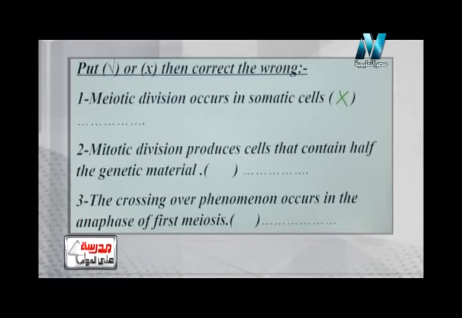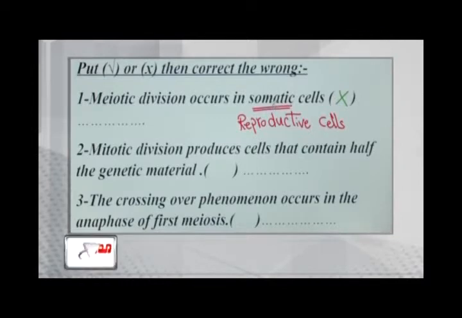Here we can correct it in 2 ways. I can tell him to change the somatic cells to what? Reproductive cells. Or I leave somatic cell as it is and we change meiotic with mitotic